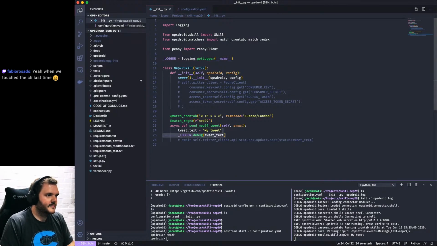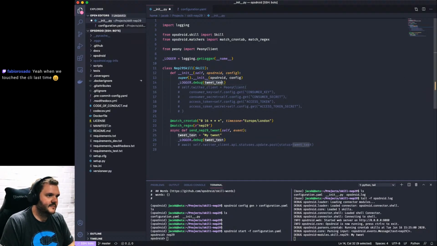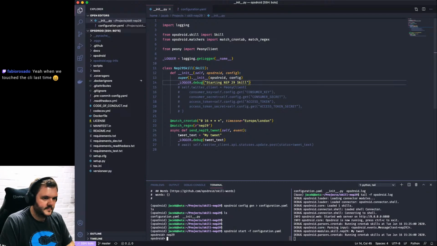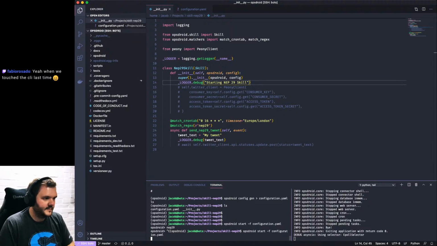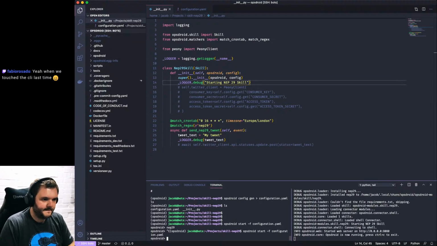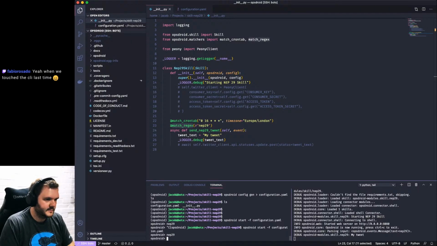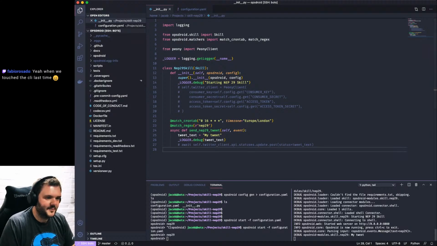I'm going to put this in here. Just say starting NEP 29 scale. Kill that, and again. Oh look, starting NEP 29 scale is there. Why is March Projects not working? NEP 29. Oh no, it is. It is working because I'm logging it. My tweet.